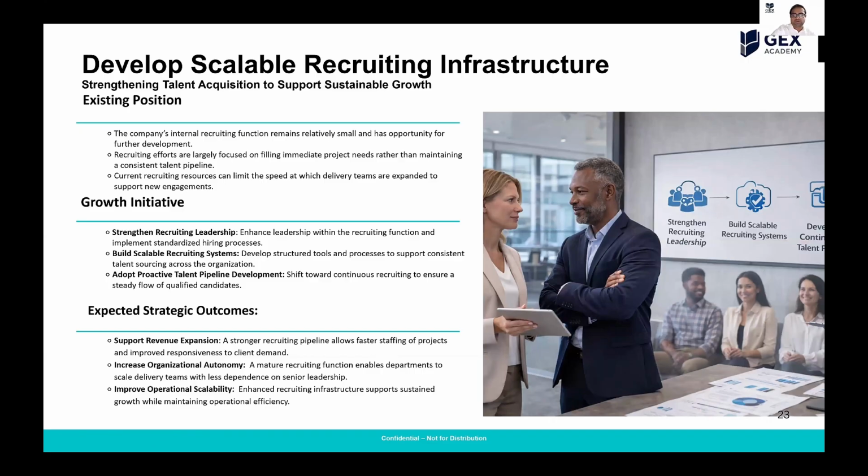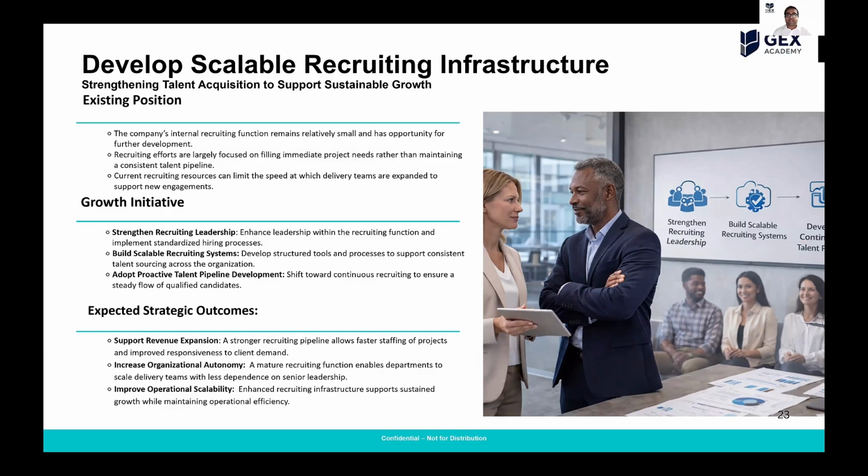Right. So the next one, right? This also highlights another value creation. It's super important for a business like TechNova, which is you want to build a scalable recruiting infrastructure, right? And again, one of the themes we've discussed throughout the sim is that recruiting is the engine that drives growth within many technology staffing consulting businesses. So regardless of how strong a client demand may be, growth ultimately becomes constrained if the organization cannot identify, recruit, and deploy qualified talent